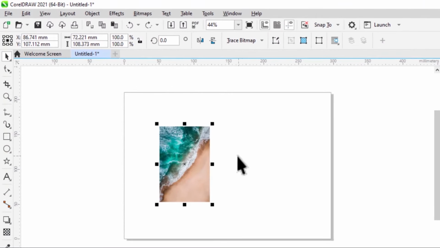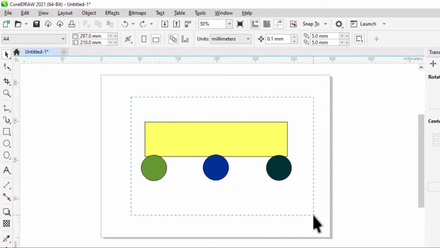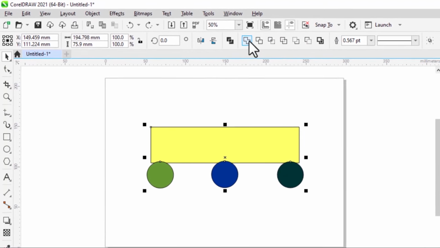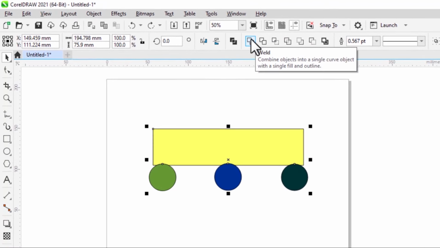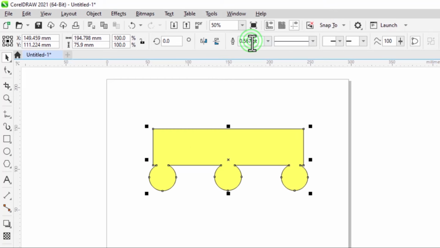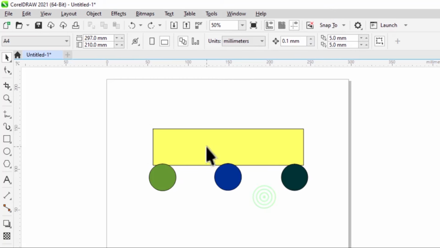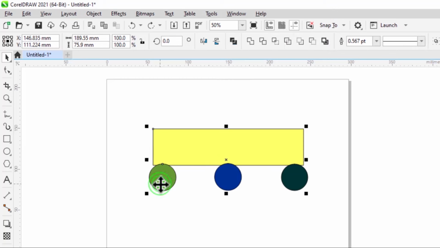Here's a short productive tip in CorelDRAW. Now, if you make it select all the objects at once and then select the weld command, all these objects will take the properties of the object that was created first, and that was this rectangle. So if I click on that, you will see that all the other objects will take the properties of that rectangle. But if I choose, so Control Z, if I choose to select this object one at a time,